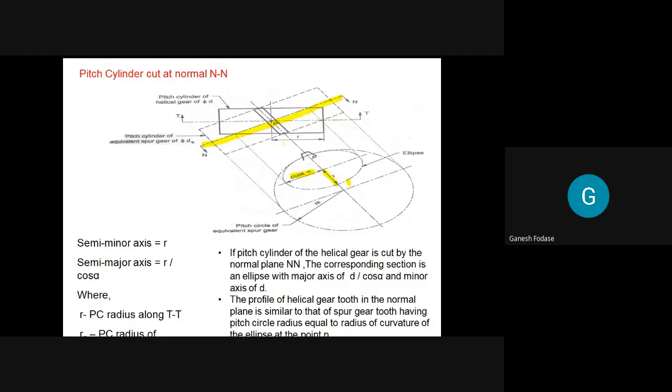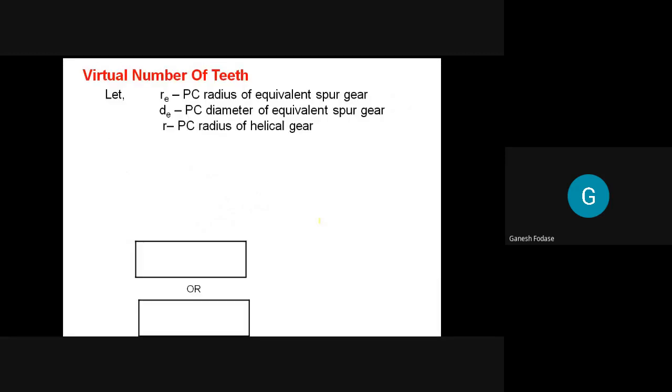If you consider the gear tooth profile along the normal plane, it will be equivalent to a spur gear having a certain pitch circle radius. So the radius of the equivalent spur gear is Re, and its section is equivalent to an ellipse. We can find that equivalent radius by finding the radius of curvature of the ellipse, which is R equivalent is nothing but